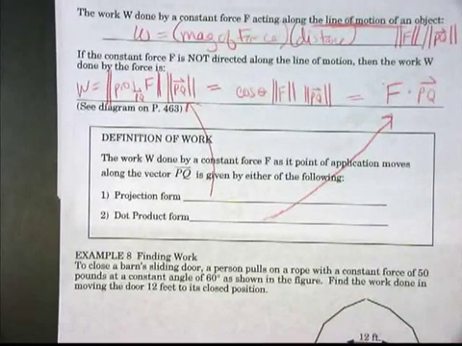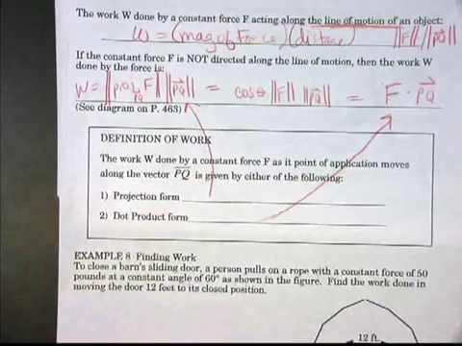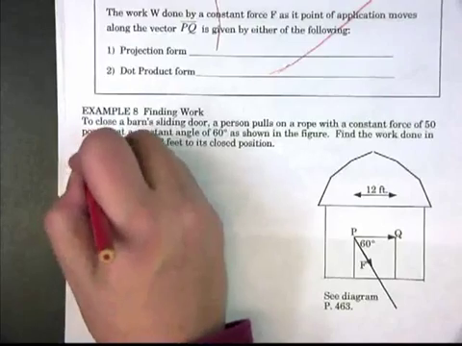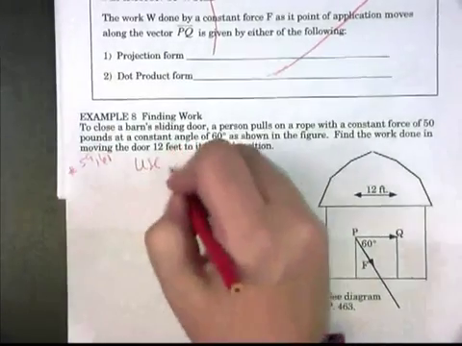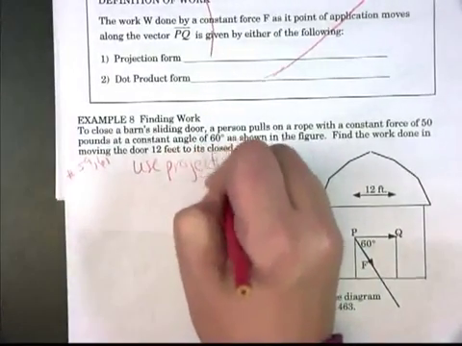Projection form, dot product form, same parts of the same puzzle. All right, so if we're going to find work, and I believe these attach to number 59 and 61 in the homework here, when you're using projection form,